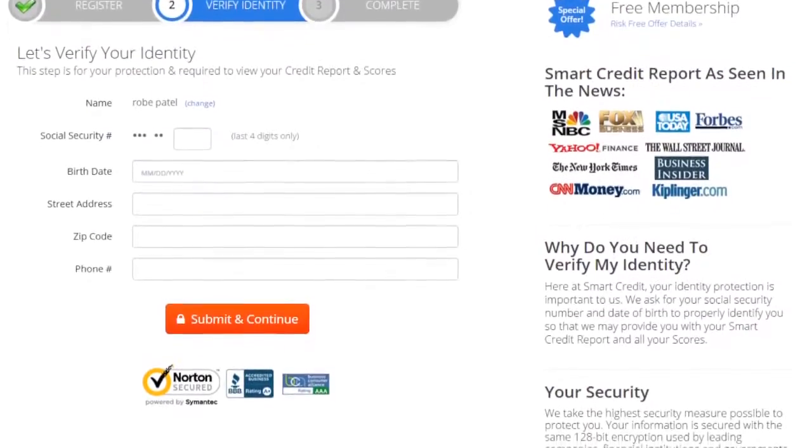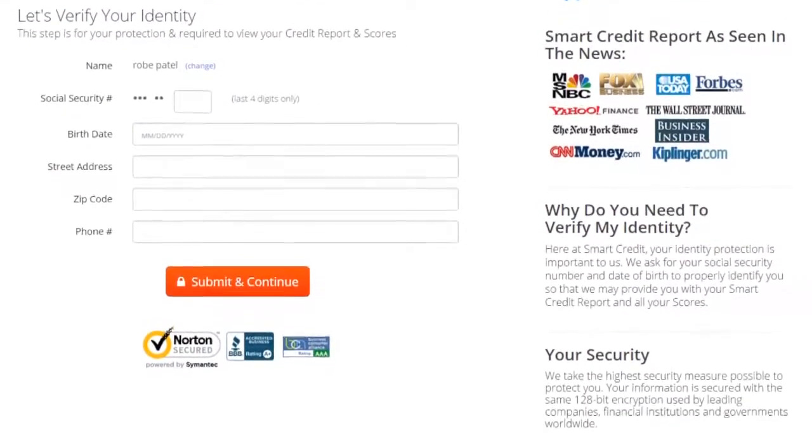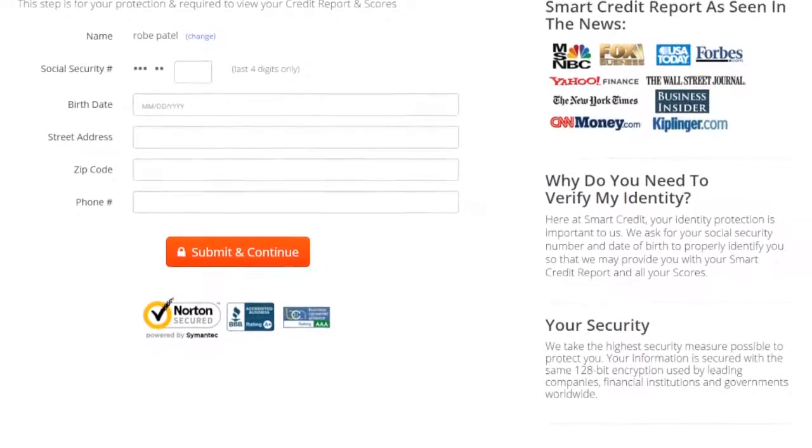So go ahead and take time to fill that in. And then once again, you'll move to the next page where you're going to be asked a series of security questions. Once again, protecting your identity, making sure this is you, because this is obviously confidential information that we're putting in here. So you're going to take a minute to review those questions, and then you'll be moving on to